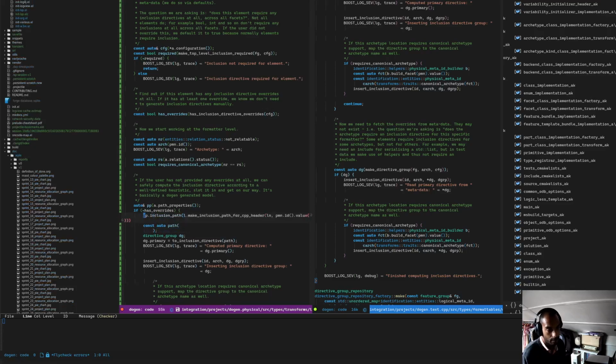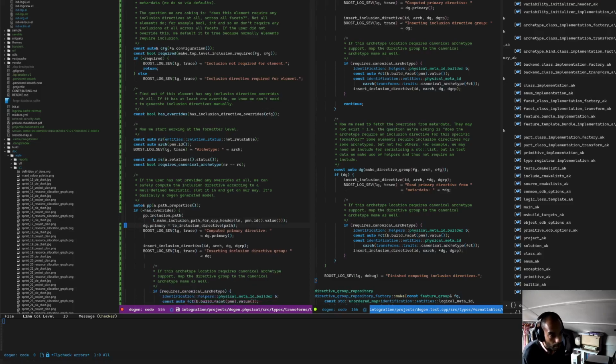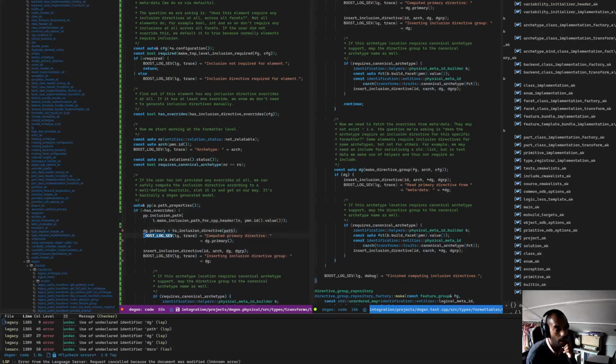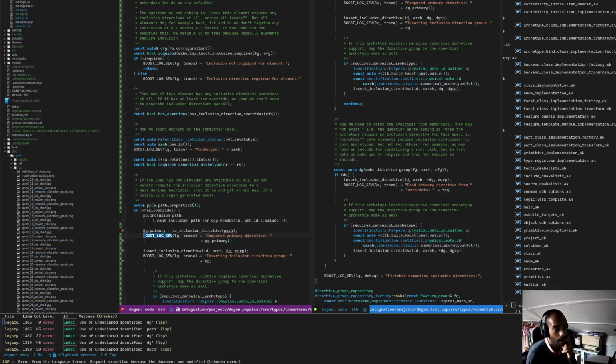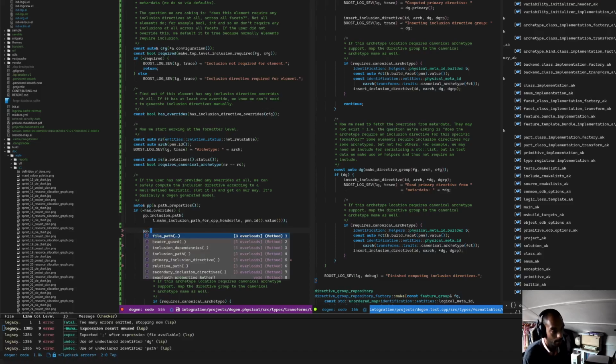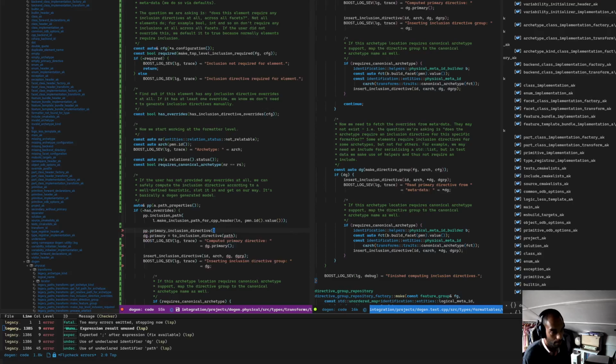Just the difficulty of keeping everything in memory, but I think we're going in the right direction. So compute to the primary directive. Okay, so now then this will be something like pp dot primary inclusion directive,